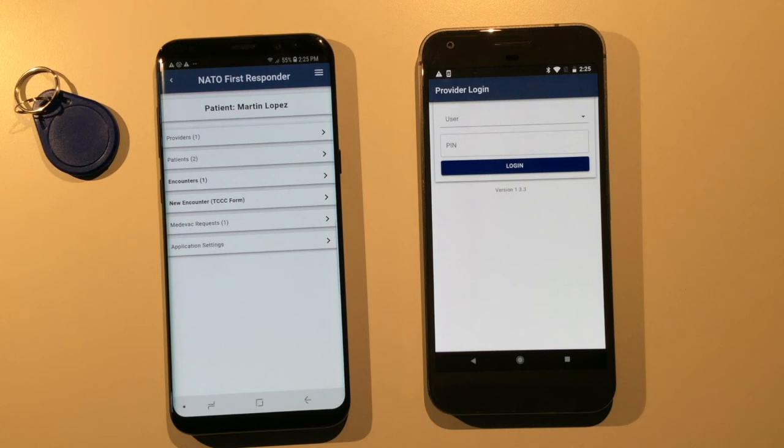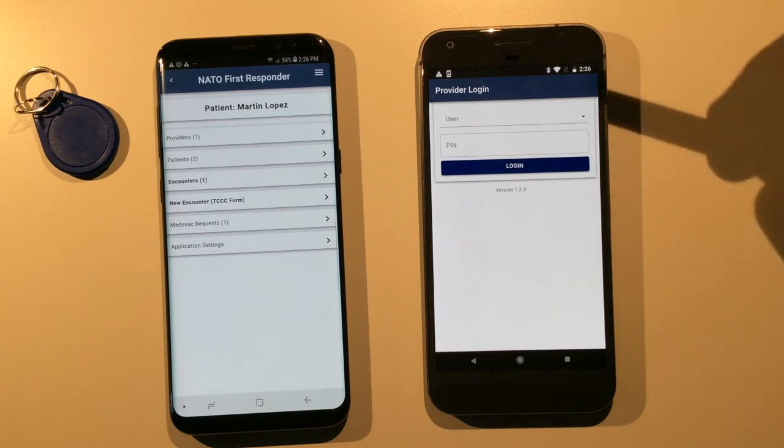The scenario for this video will be the medevac arrives and extracts the unconscious patient. While en route to the Kandahar medical unit, the in-flight medic reads the tag and documents a new encounter with updated vitals, fluids, treatment, and medications, and then uploads the patient's information to the Kandahar med unit so the trauma team can prepare the equipment and room for surgery.